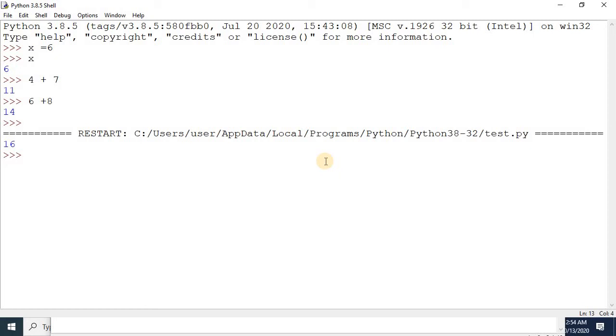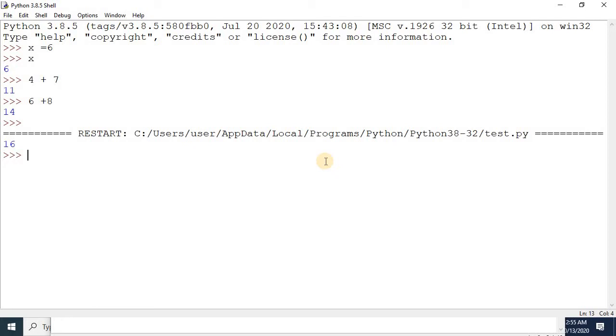So for Python we have alphabets A to Z, small and capital, digits 0 to 9, and some special symbols like the plus operator, minus, division, multiplication operator, greater than, less than, equals sign, curly braces, square brackets. These are all symbols we are going to use in Python. We'll learn where we use these symbols. So all those valid characters which are recognized by Python are called the character set.